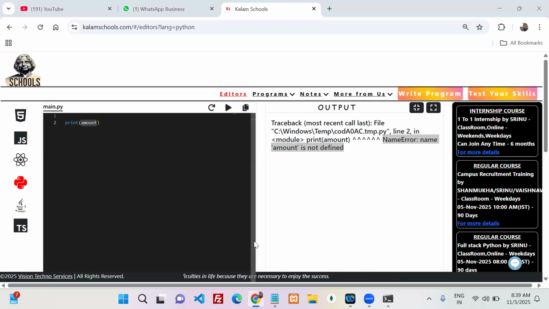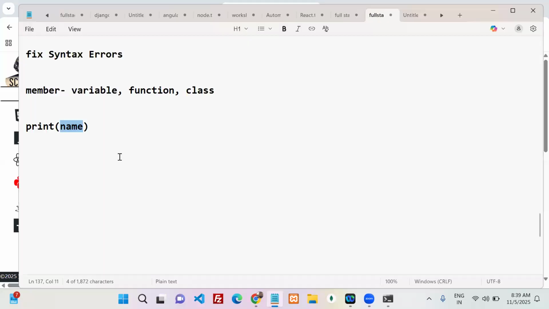Name error, name amount is not defined. Understood? By seeing this error, what you can understand simply, you are trying to use one member, that member is not defined. Most of the times in your application, you can see this error. Whenever you see this error from now onwards,